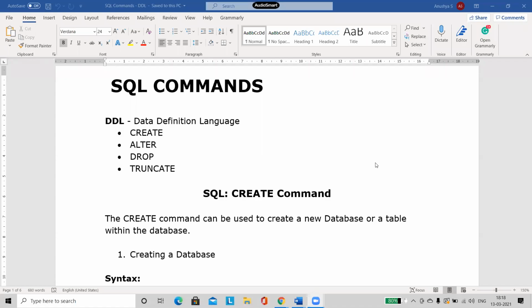Okay, guys. So as I was saying, today we are going to look into the data definition language, or what we call the DDL commands. Last time, in SQL, there are 4 types of commands. Before writing all the queries, we should know in detail about these 4 commands. What we can do with these 4 commands is very, very important. The first one we are going to see is the data definition language.